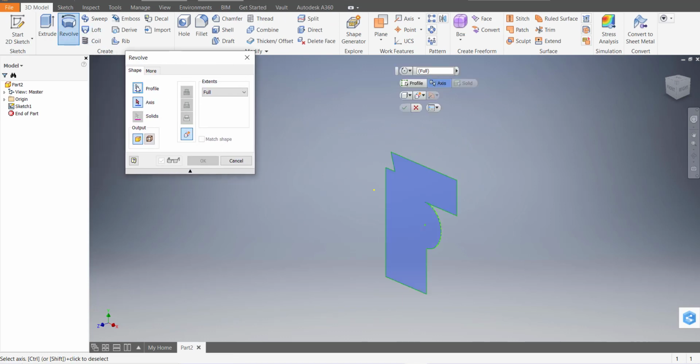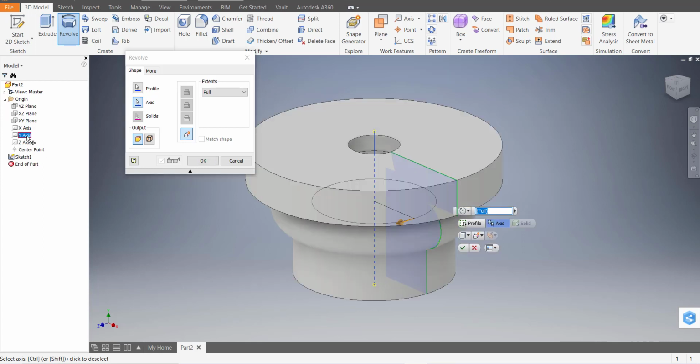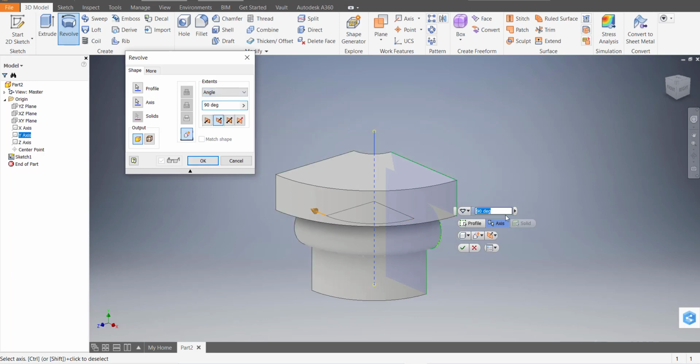There is a window. The first option is profile. This is our profile and this is axis. We have to give the axis to revolve feature. Okay, so go to origin and simply click y axis. So this is our sketch revolved. Okay, here we have some options. We can give some angles to, let's see,